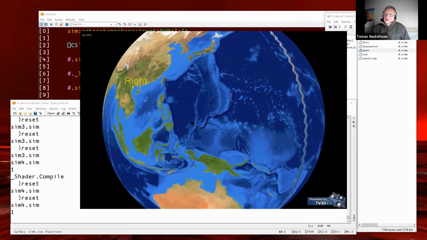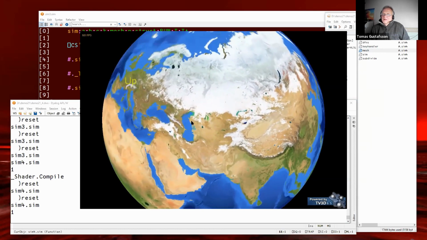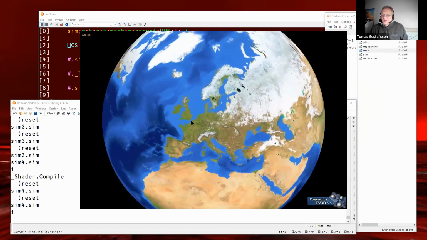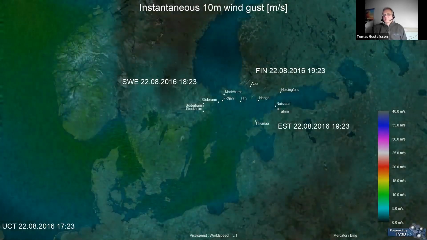So it's texture applied onto our nice shape. And then I'll jump off this and show the short simulation of the scientific part.